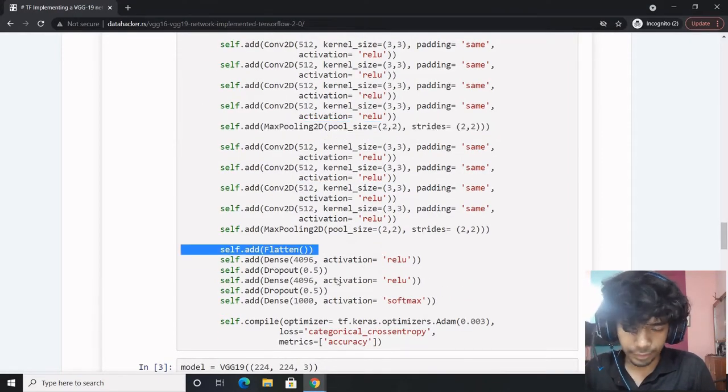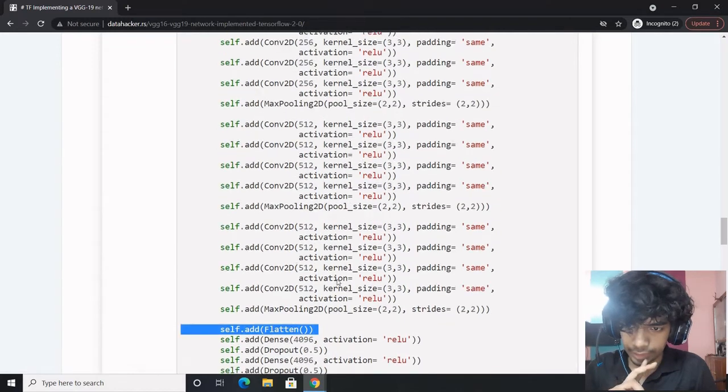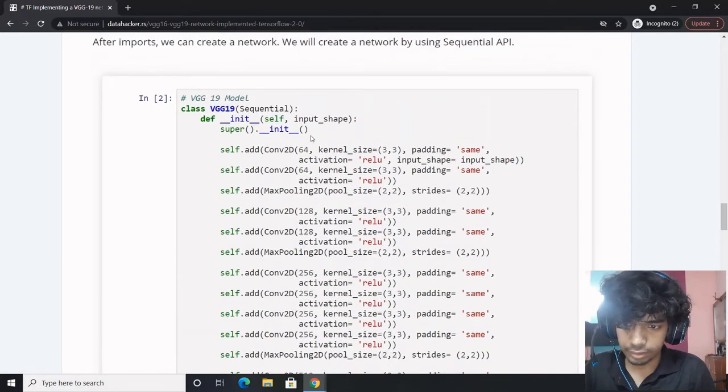Flatten would be there as I predicted. And what else do we have?